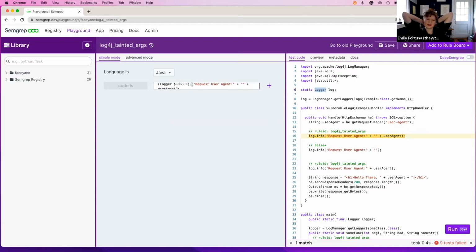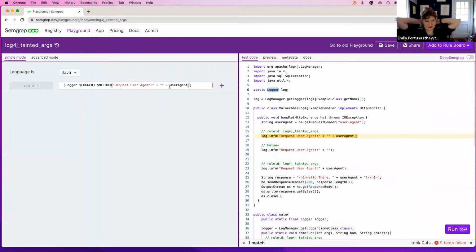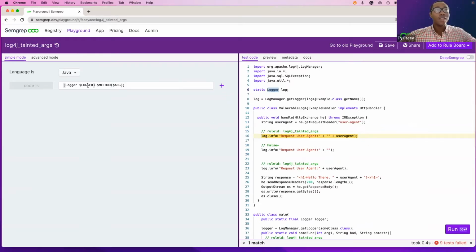And so the reason that Ty is abstracting away this log variable is that you can call your logger variable anything. The important thing is we want to capture uses of this logger class that are any method calls that are unsafe. That's correct. And so you can see that I'm using 3 abstractions built on top of the Semgrep engine,